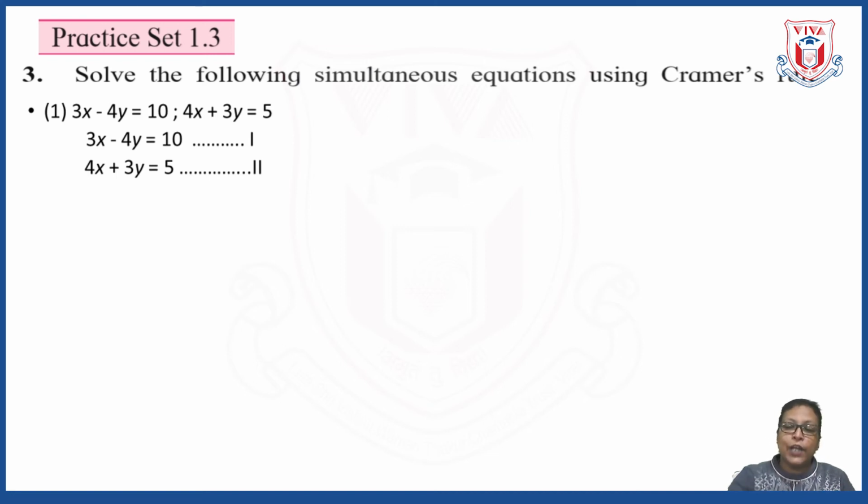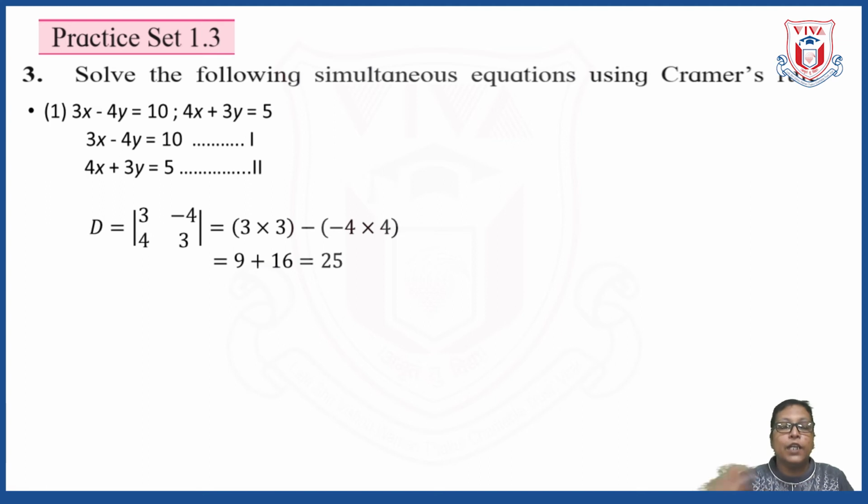Okay, so let us try to find out determinant D first. Okay, so for D, as I have said, you will only think of left hand side. So write down all the coefficients. Coefficient means what? The numbers which you can see on left hand side. Okay, so first equation has two numbers, 3 and -4. So write it as a first row. Okay, don't forget to write minus sign. You have to take the numbers along with the signs. But you know that for positive number we are not writing sign. But for negative number we must write. Okay, so the first row is 3 and -4.